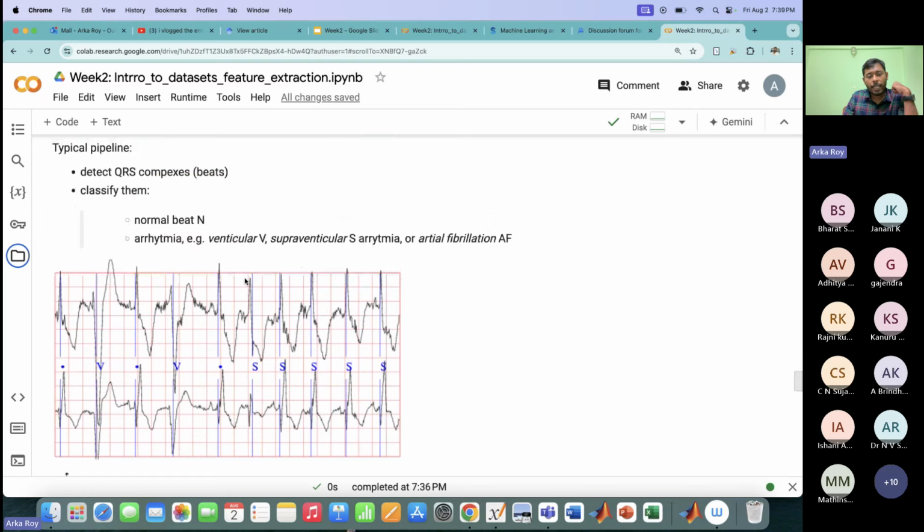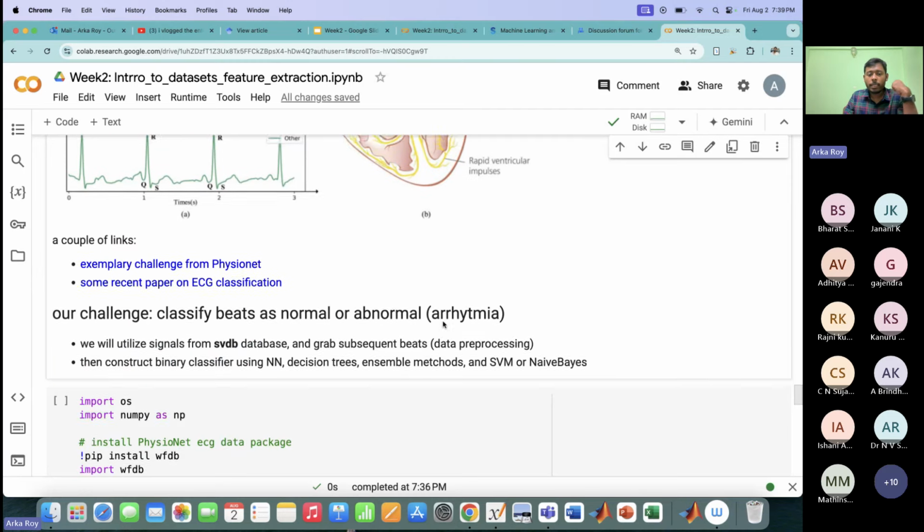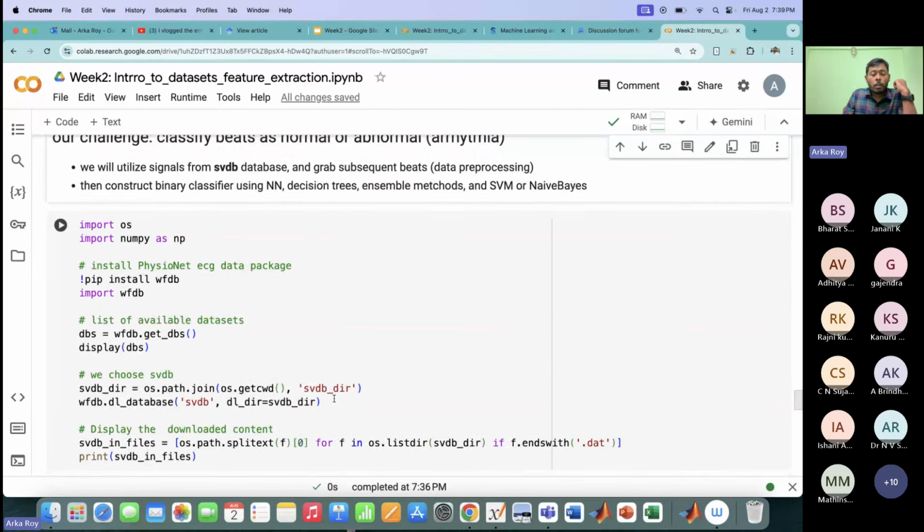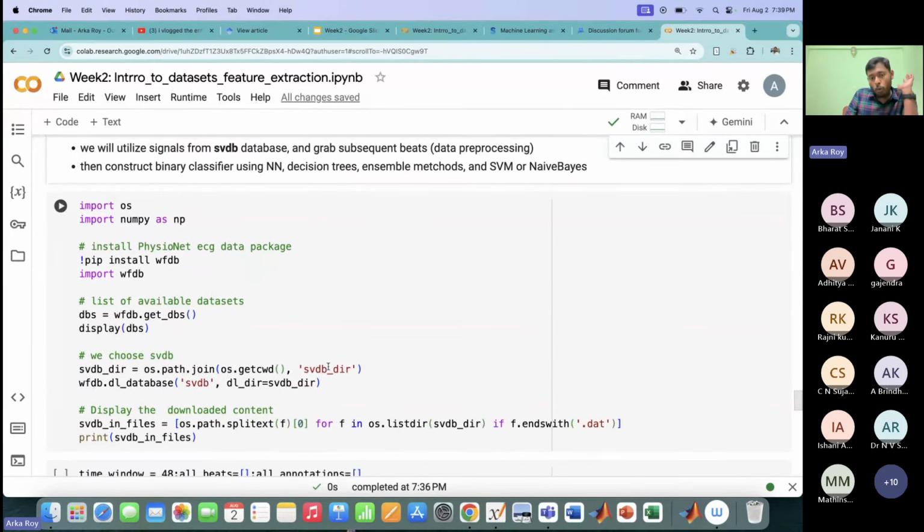So we are trying to classify normal ECG beats and different sorts of arrhythmias, like ventricular arrhythmia, supraventricular arrhythmia, and atrial fibrillation. I'm not going into details about that, but you can read about what atrial fibrillation means and all. So this is just to show another application of how you can use different libraries to extract